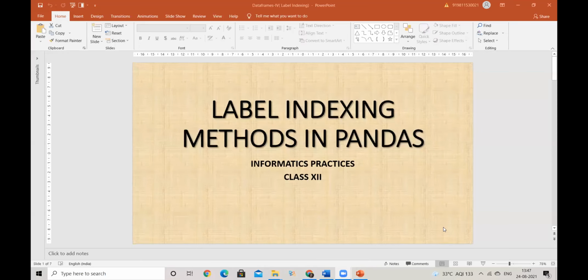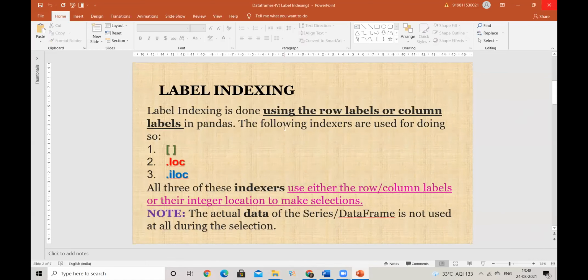Yeah, so what we start with today is the label indexing methods in Pandas. What are the various ways to search as per the column label, that is a column name, or the row label, or as we call it the row index. Now for label indexing, and for Boolean as well, for both actually, you have